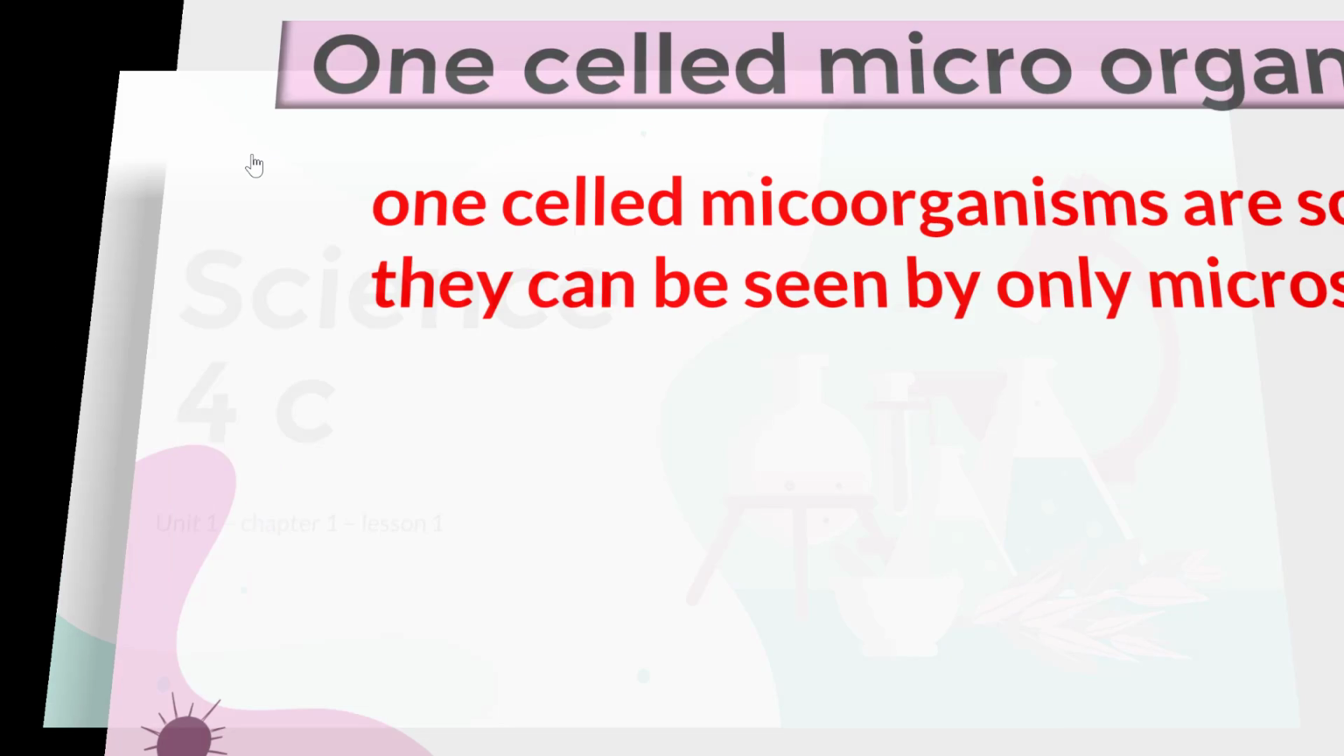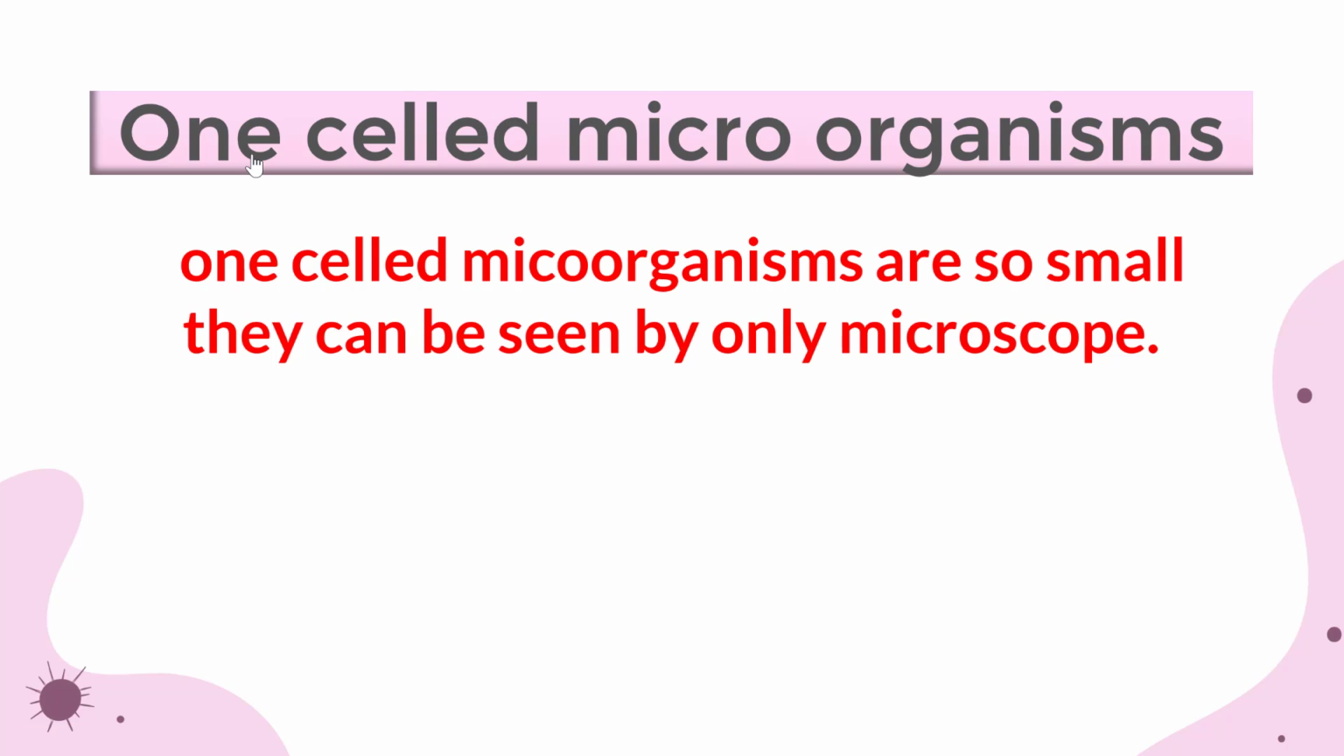Okay, students, now go to page 21. We said that we have animal cell and plant cell. They are made of many cells, billions of cells, but we have microorganisms that we can't see with our own eyes, we can only see them with a microscope. This is the microscope that biologists use when they want to see such small organisms. So we name these organisms that contain just one cell